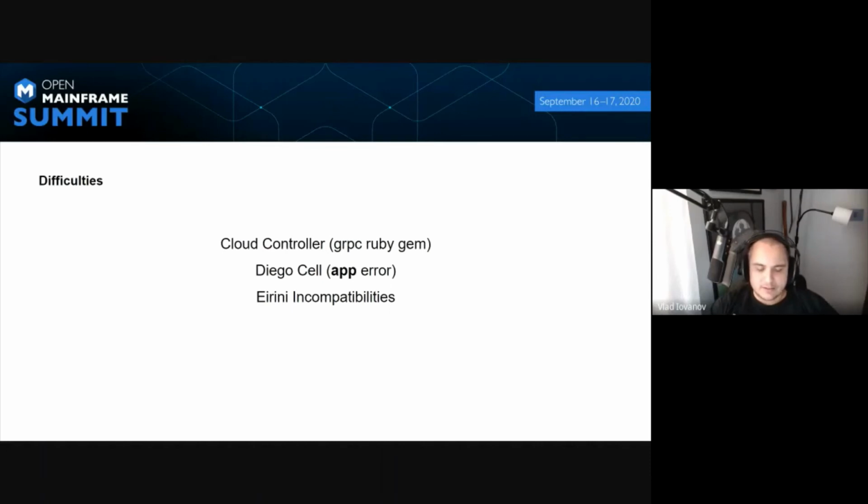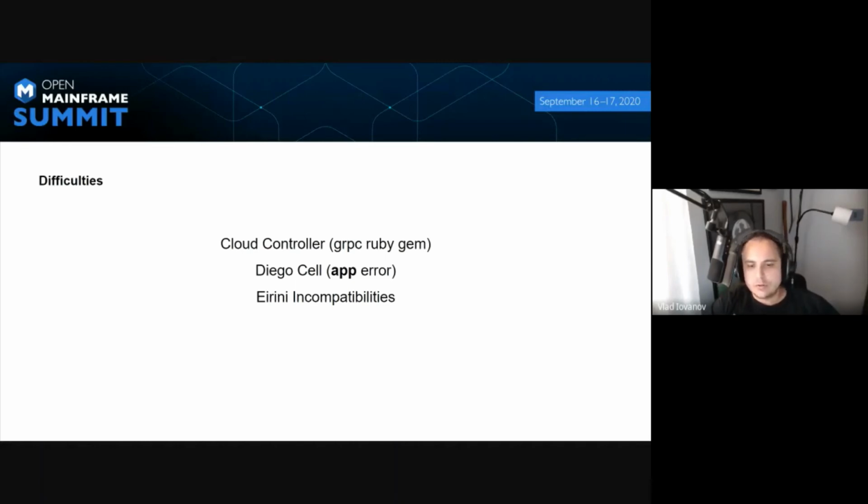We had to fix some storage problems when deploying on Z. But in the end, we hit a blocker with running runC containers with the Diego cells. We're not exactly sure why this is happening right now, because runC is supported on Z. It might be that the version is not quite right, but we're